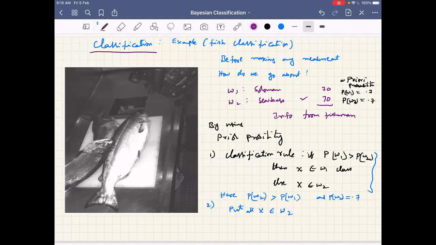Now see, in any classification problem, two things are important. One is the classification rule. The second important thing is the percentage of accuracy, or the class probability of error. So what is the probability of error in this case? 30%. Yes, 30%, fine, but I want to write a general expression for probability of error.